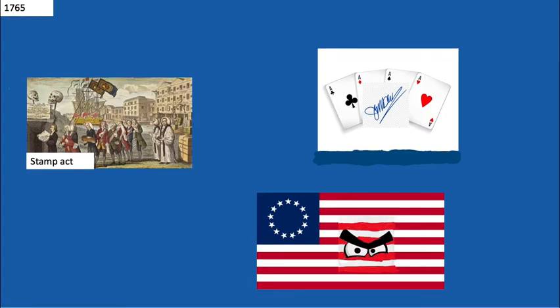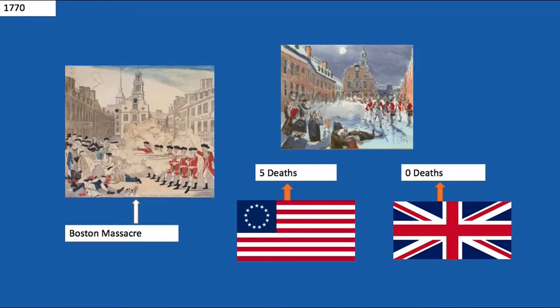Before I start talking about the Boston Tea Party, we're going to start at the year 1765, when the British introduced a new act to the 13 colonies, and this act was called the Stamp Act. Basically, what was the Stamp Act? For example, if you want to buy a deck of cards and it already costs some money,